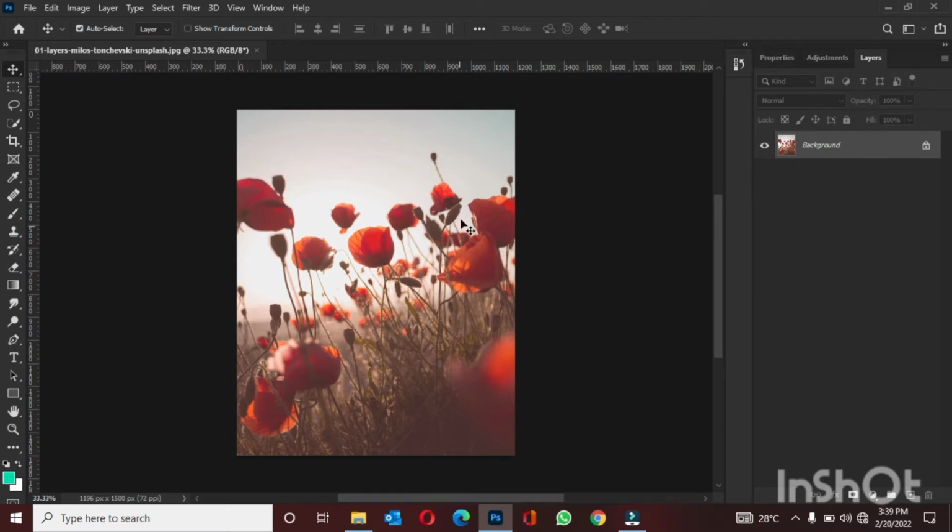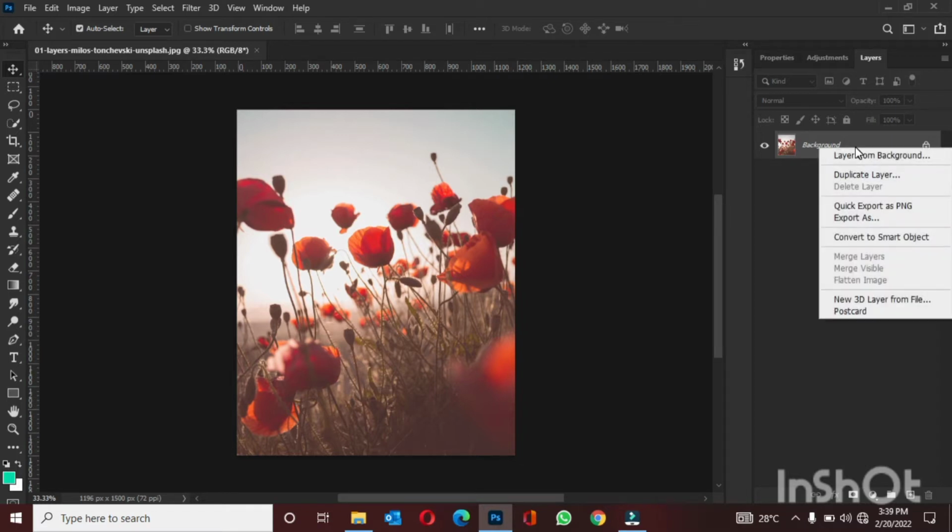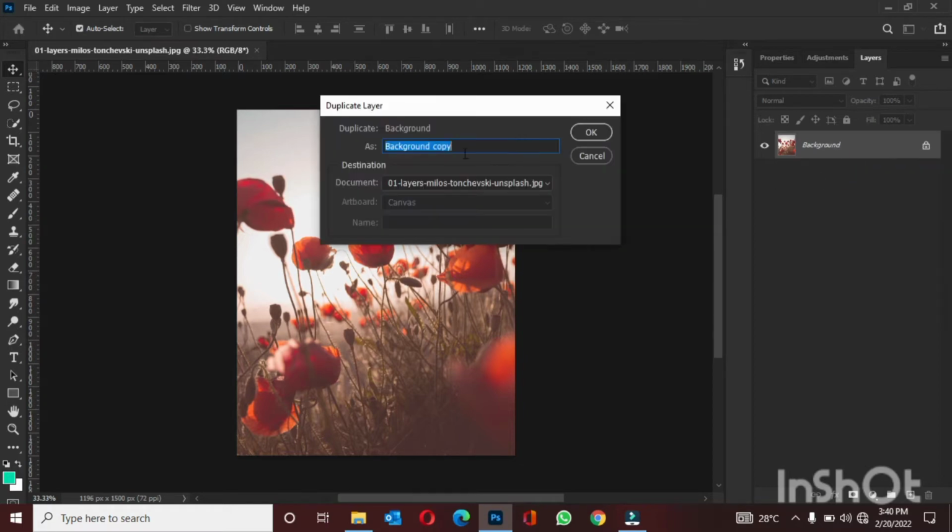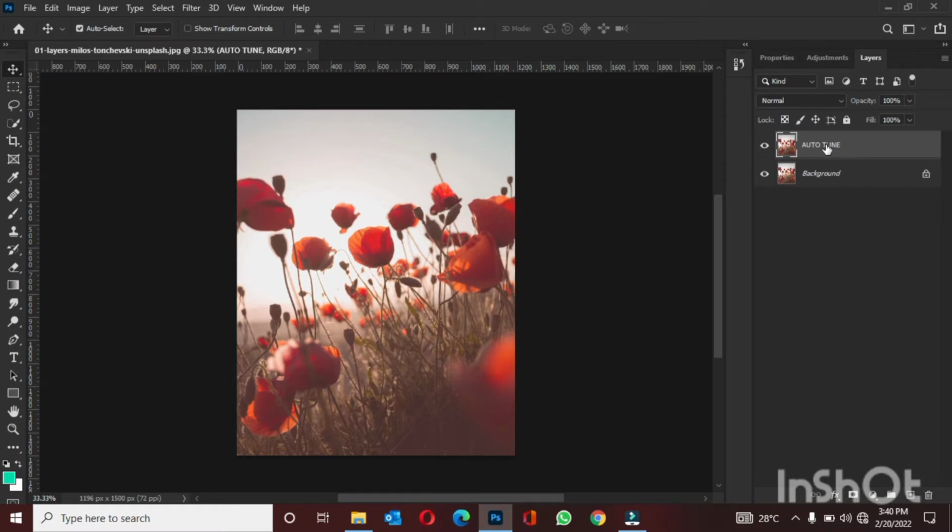Now I will have to duplicate this layer here. This shows my layer. I'll duplicate it either by pressing Ctrl J or right clicking on the layer and clicking on duplicate. We can actually give it a name, say auto tone. Now we have this and we have this as background. So to turn this off,